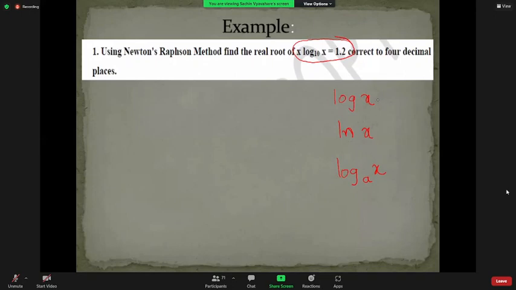Remember, whenever log x is written, generally it is assumed that the base is 10. But in mathematics, there is a common habit now: whenever log x or ln x is written, both are considered as natural log only. So remember, log x and ln x are the same. Whenever the examiner or anyone wants to specify the base, it is given like this, log x at the base 10. So generally log is used for base 10, but remember in mathematics, even though only log x is written, it is ln x only. Don't confuse, it is not base 10 there. Whenever anyone wants to specify the base, it is given in this form, like log x at the base 8, like log x at the base 10. So this is the first important thing you should know,